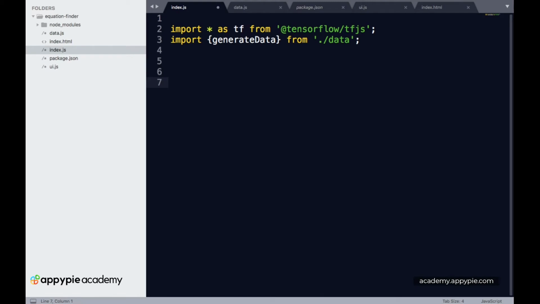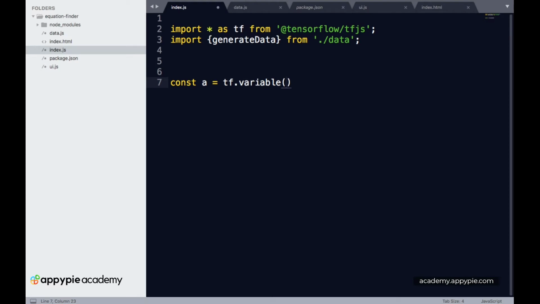Then now we have to start with the functioning of the index.js file. At the very second step, we have to initialize some random variables which will be our coefficients. So let's call a constant a, which will be the coefficient of x cube, which will be a x cube. So we have constant a, and let's make this equal to tf.variable. It is very important to add variable over here because later on we'll be tweaking the value of a whenever we are training our model.